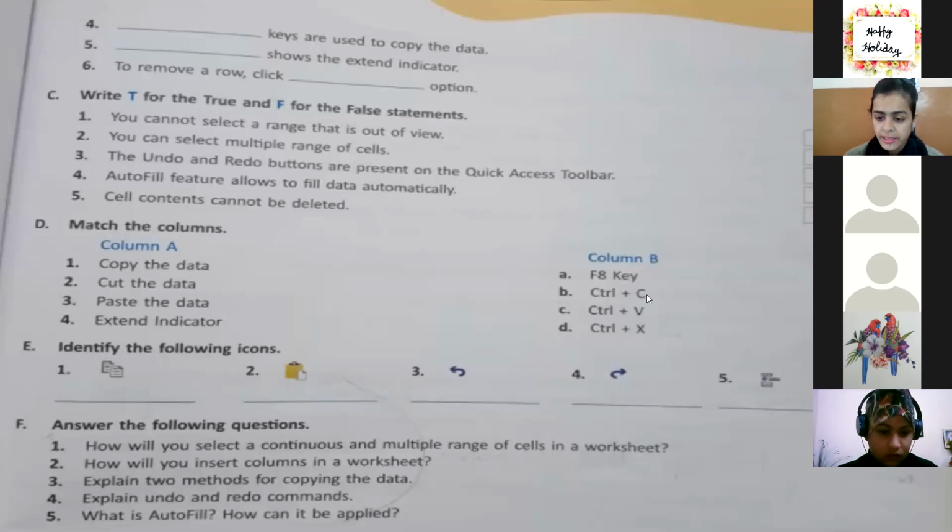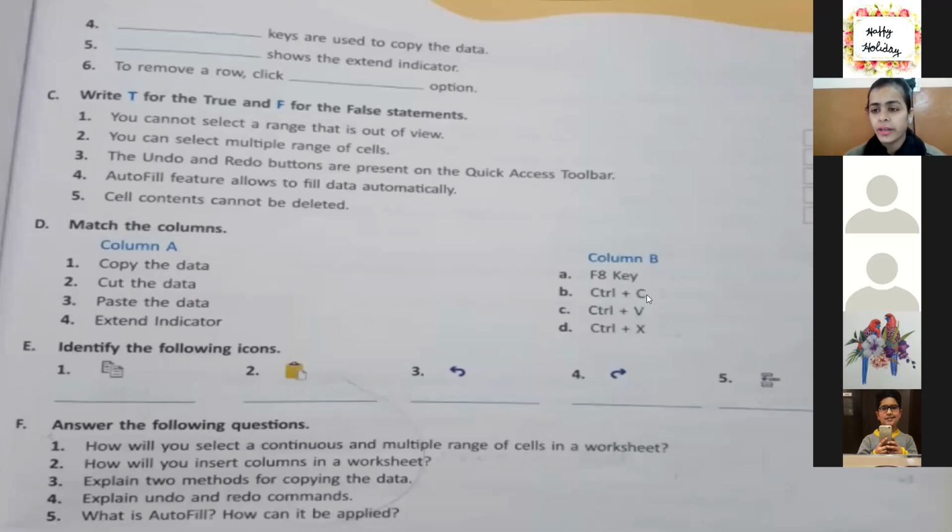All right, let's ask the next answer from Devang. Paste the data. Control plus V, right. And for the extend indicator, the shortcut key is F8 key. Right.